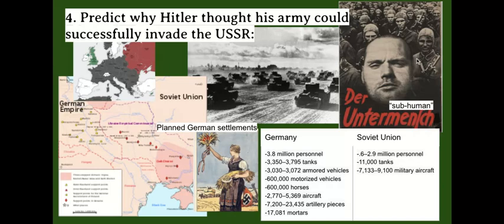Another reason, German propaganda and honestly Hitler's true beliefs that the Slavs were Untermensch, or subhuman, meant that he believed that they were less good of people than German people, and so they would be less good at defending themselves. Part of this racist policy also meant that Lebensraum, the living space that Hitler promised in Mein Kampf and promised to the German people, needed to be found somewhere, and that somewhere was in this map here in Poland and in the Soviet Union.